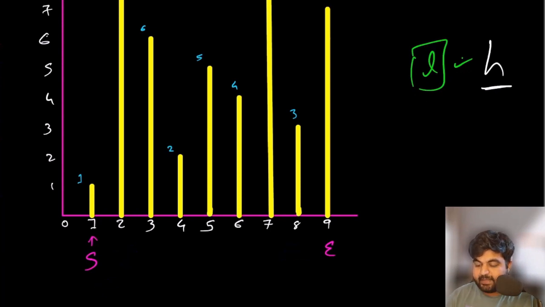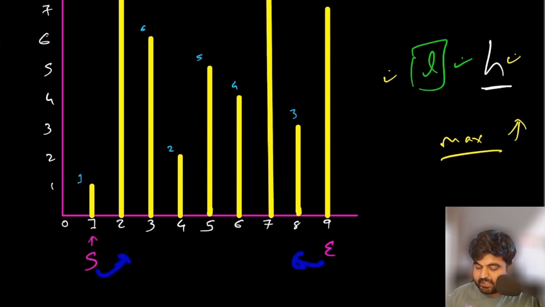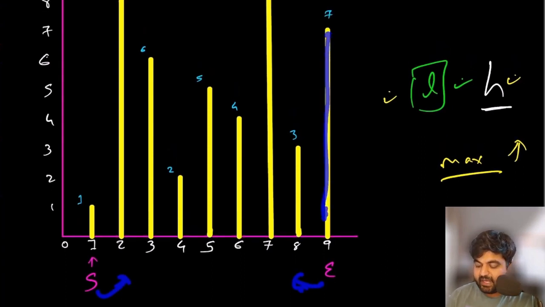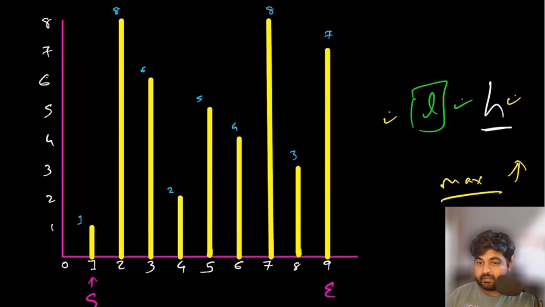And how we are going to implement height as our traversal decision is that first of all we are going to check what our purpose is. Our purpose is to find the maximum area. Maximum area can be maximum only if either the length is maximum or the height is maximum. So the only way we are going to move one step to the left or one step to the right is by keeping the value with higher height constant and moving the value with lower height to the next value. And this is how we would be able to find the maximum container value. Still confused? Let me quickly show it to you through a live demo.